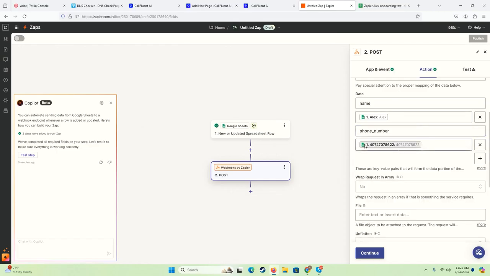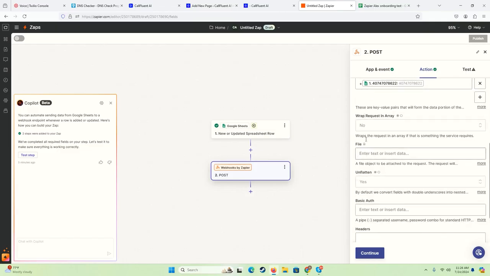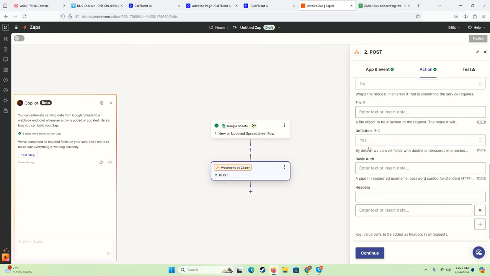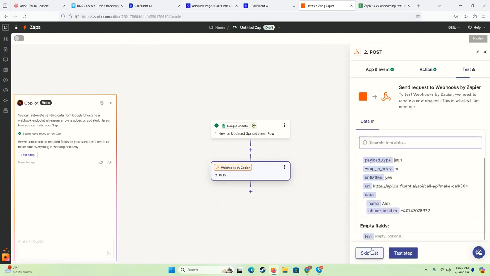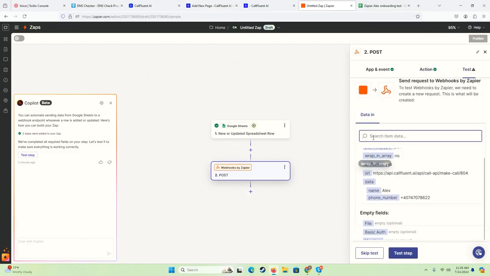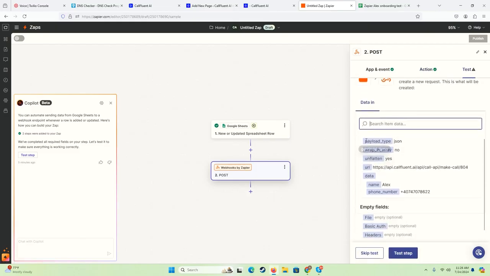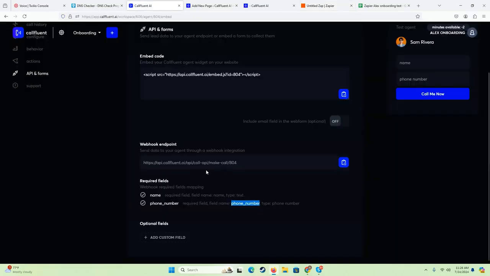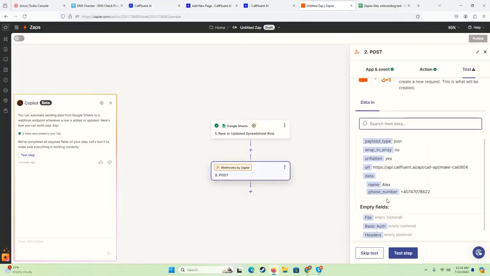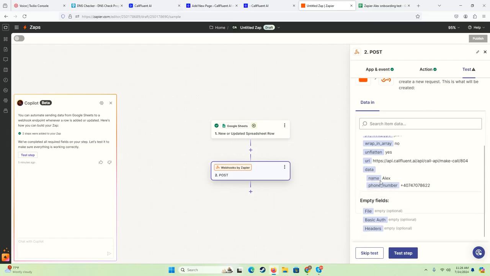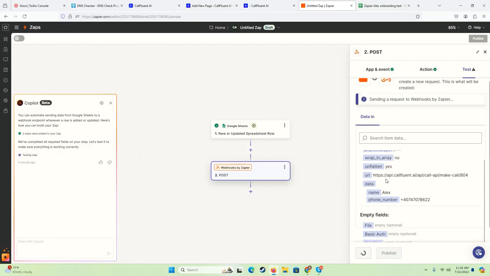So since we haven't added the plus in here, in the phone number, you will have to go ahead and add a plus right in front of it, inside this action. And then right here at the bottom you can leave everything else as they are and just click on continue. You will notice that it will actually give you an example of the payload type and exactly how it will look. So you want to make sure the payload type is JSON, the URL matches the webhook endpoint of your agent, and then the names of the fields are exactly as in your CallFluent agent. Now we can go ahead and click on test,